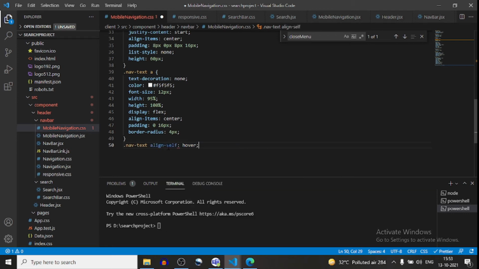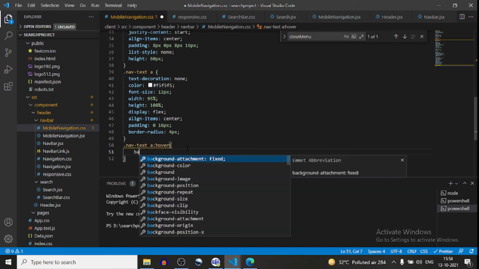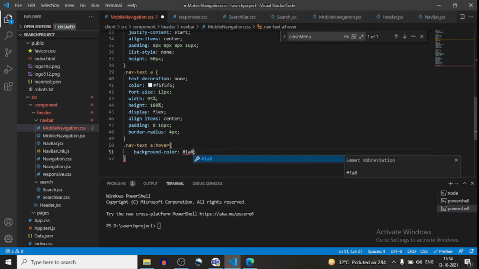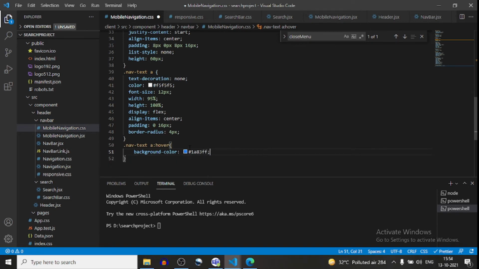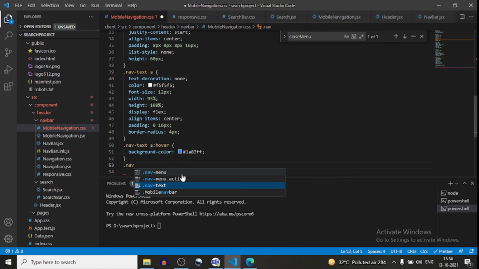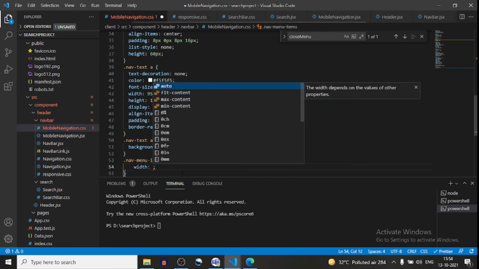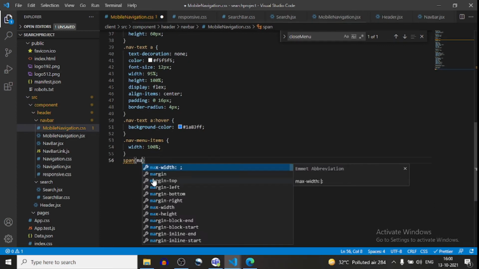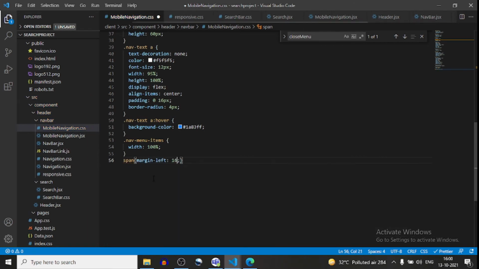Okay, that background color, menu items, width will be 100%, span margin left will be 16 pixel.